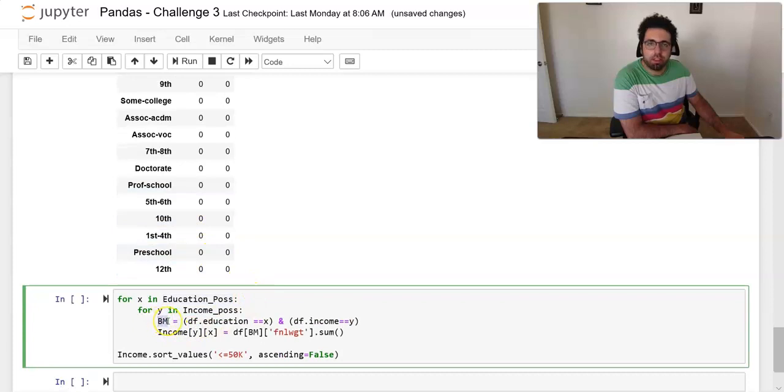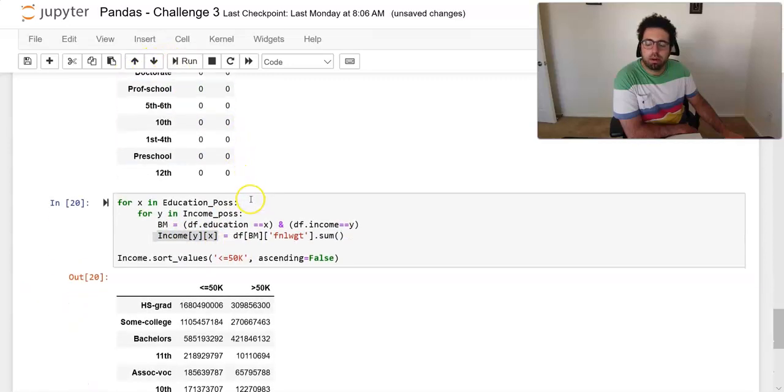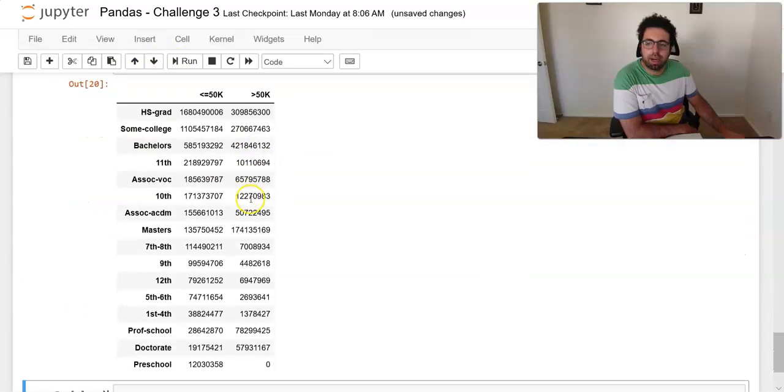Now inside the loop, I have to create a boolean mask based on both the income level and the education level, and I'm using those from these loops. And then once I have that, I filter the data and do the summation on the final weight, and then I put that where I want it to go. Once I run this, I'll see that my output